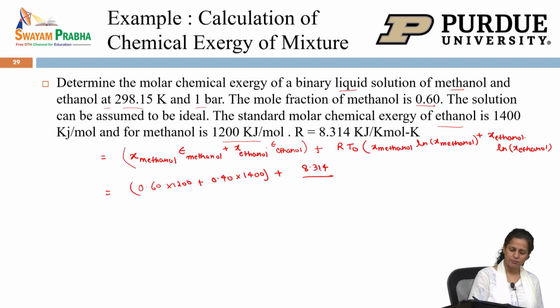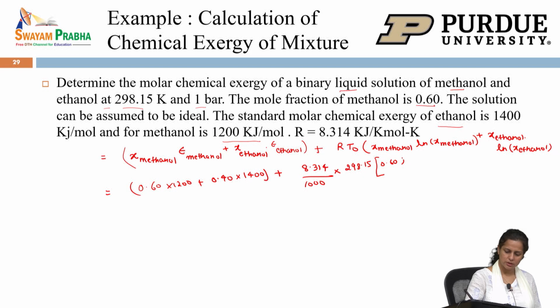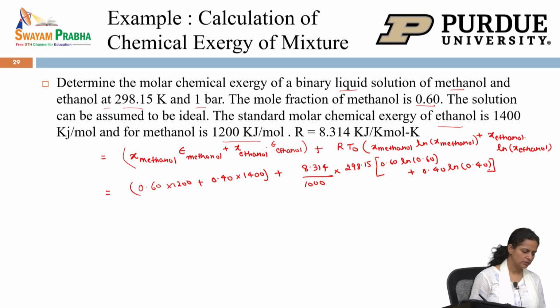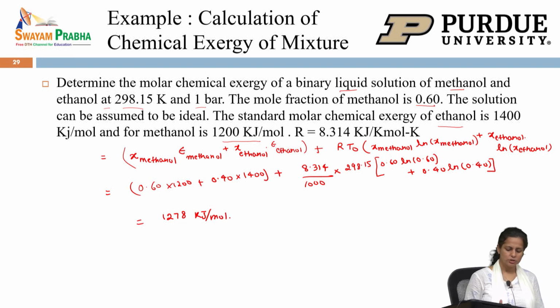Because we are doing everything per mole, we divide by 1000. T naught is 298.15 and X methanol is 0.60, ln 0.60 plus 0.40 ln 0.40. Okay. So, when you do all this calculation, your value should come out to be 1278 kilojoule per mole. So, that is the exergy of this binary mixture that may be an input stream into